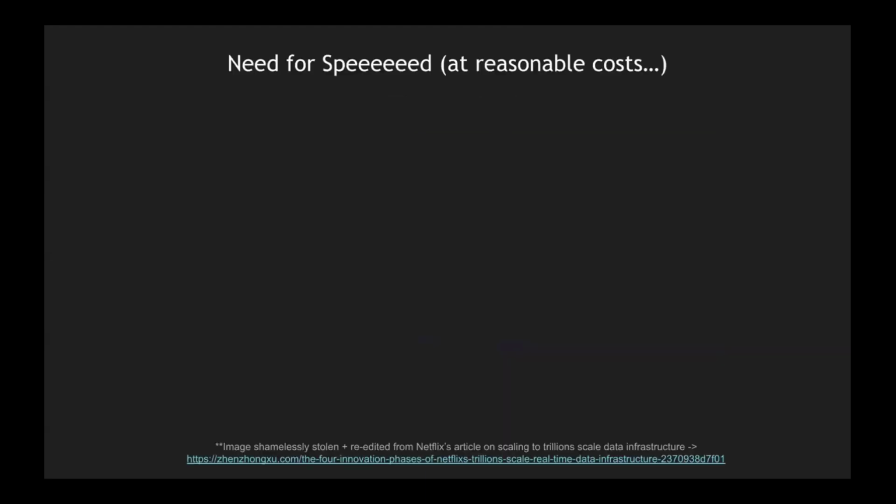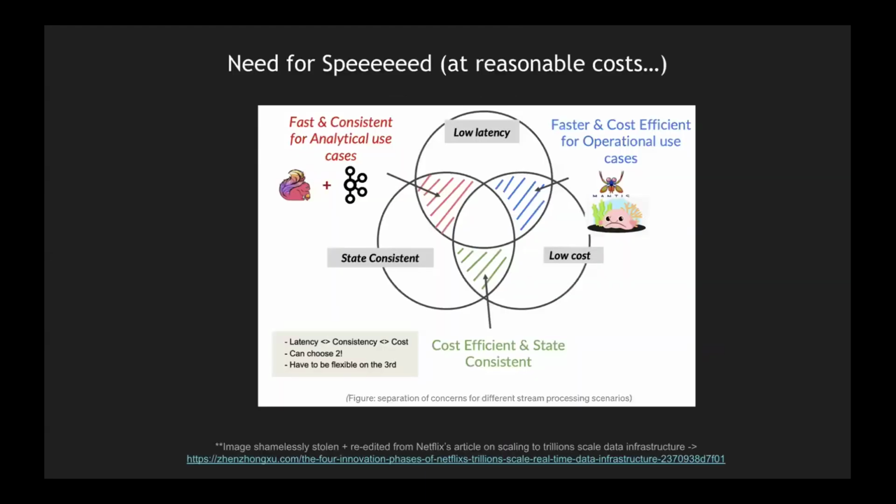And I would say then again, why? Some more reasoning on why Benthos and how we got to it. This is a very good diagram that I copied shamelessly from one of Netflix's articles, where they were talking about what a stream processing system is and what different categories they fall into. They had something called Mantis internally at Netflix, which is a low latency and low cost system, used for operational workloads or where you don't require state. I think Benthos fits in that same space, where it is very cheap and very fast, and you get both of those.